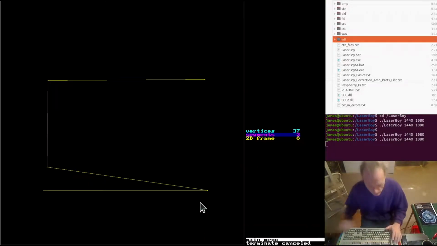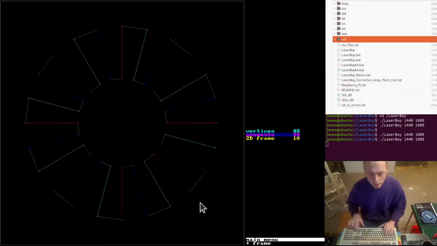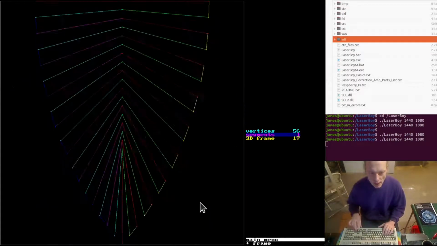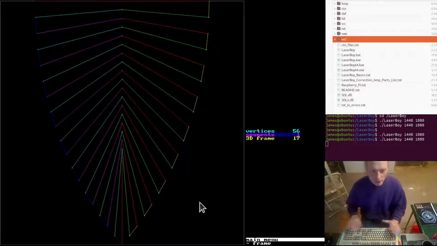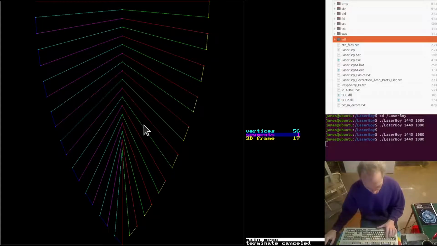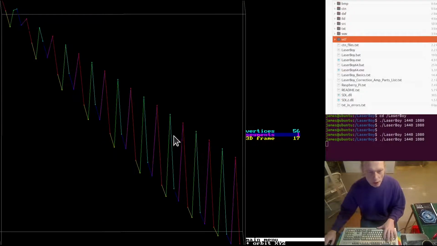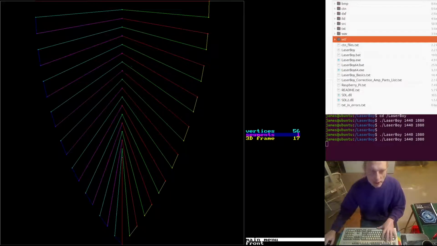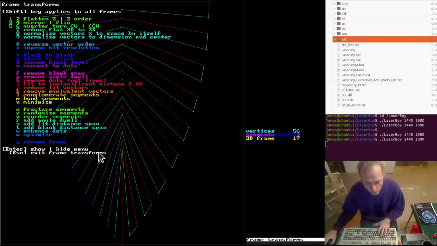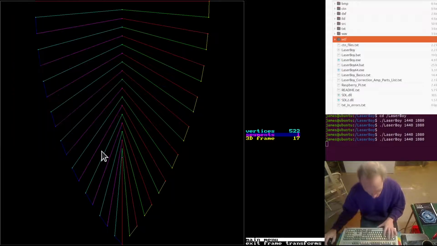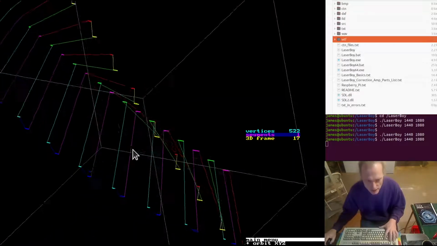As a matter of fact, I even have a frame that demonstrates that concept of the severity. There it is, the severity of the angle. Now this is in fact a two-dimensional frame, but if you rotate it with vector order being shown, you can see, if you look straight on, there's no angle, there's a little bit of an angle, a little bit more, and so on, all the way down to where it's a complete fold back onto itself, right? So if I go into menu H and I hit R here, and then I rotate it, you can see that it's adding